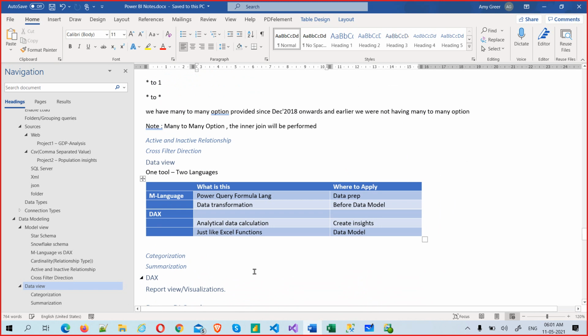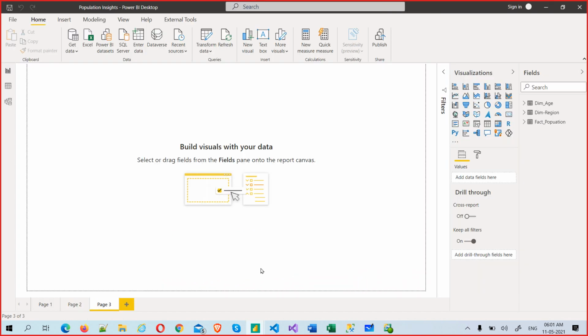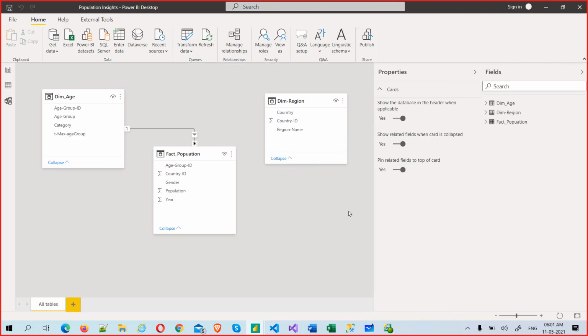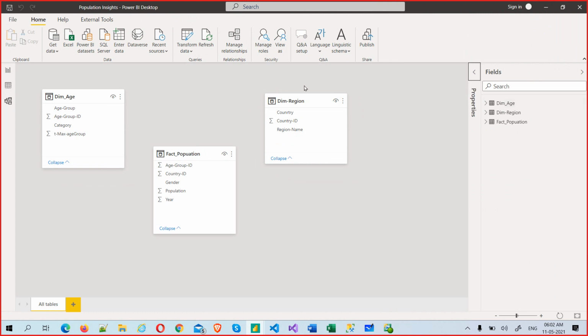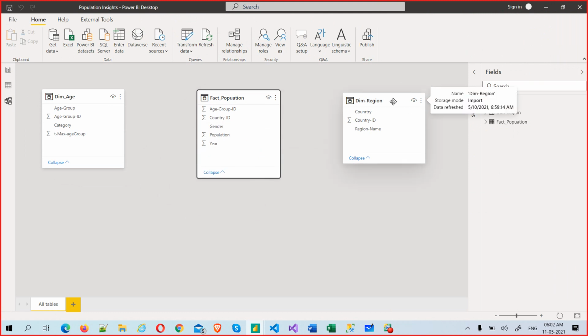Okay, so going back to the report which we have created last time. So now we have these three tables, and we are not going to go at this moment. Let's see, this is already created. Let's delete this first. Okay, we don't want that relation automatically created. We will create it, and we will understand why we need to create. If it's not created, what is the problem? So we will just experiment. We will be scientists now, something like that. We have to do some kind of experiment here.